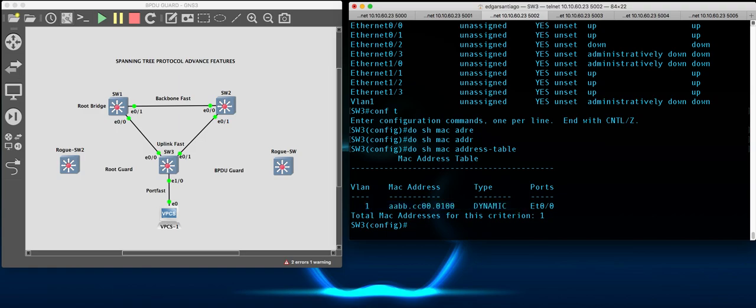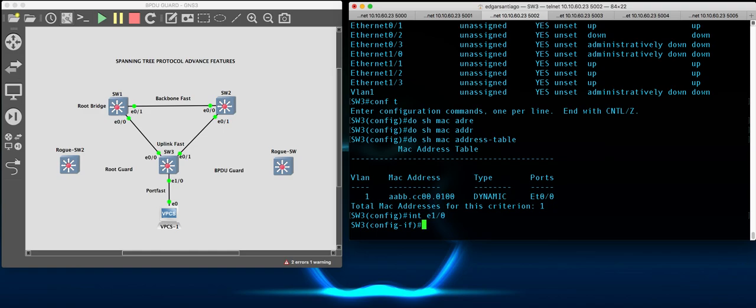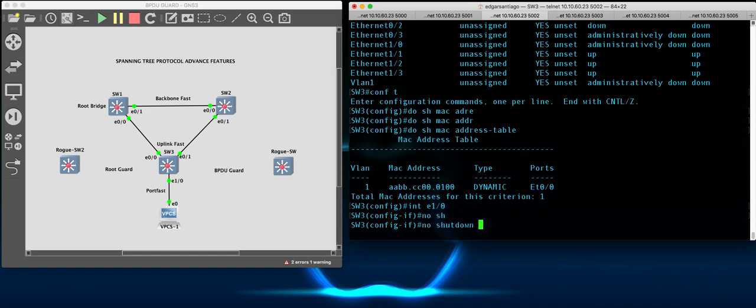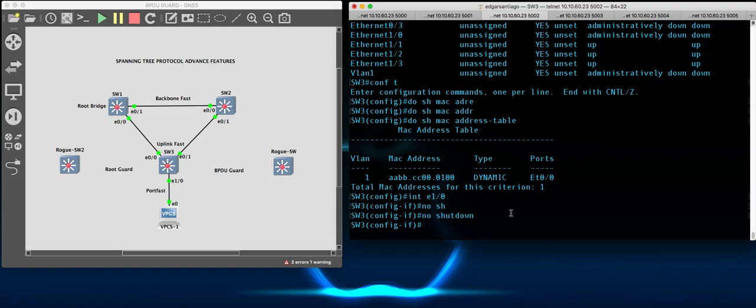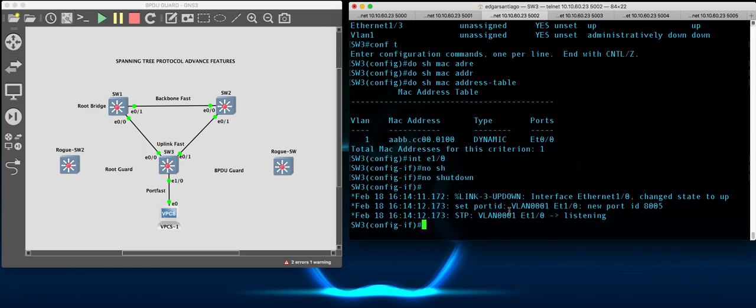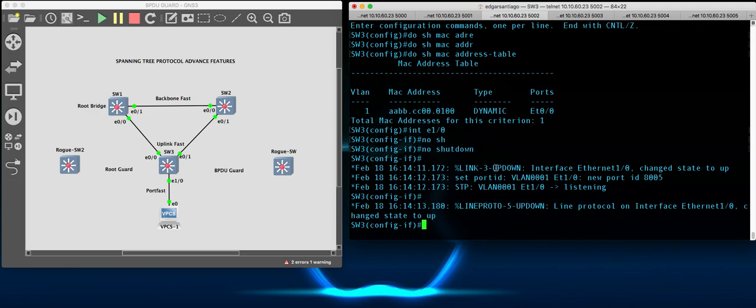So I go to interface Ethernet 1.0 and turn on that port, no shutdown. With the debug command that I enabled before, we see that the port is assigned to VLAN 1, and the first state is listening,